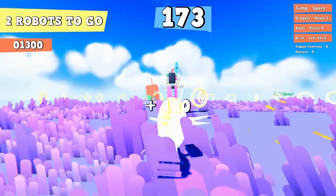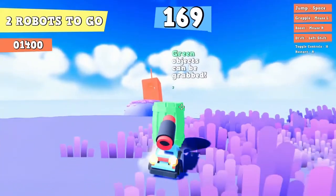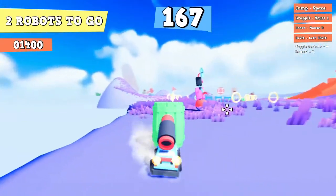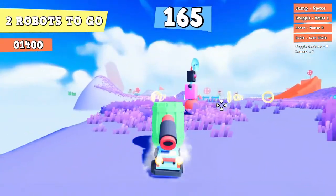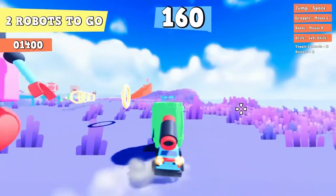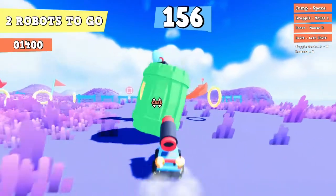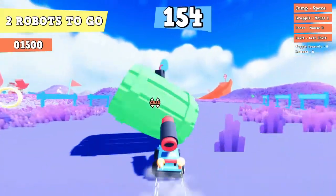Okay, what happens when I... Okay, I can grab rings. Oh, why am I pushing this way? That's not a hole. Okay, so I've got this. Is there an advantage to that? I don't know what the advantage to having this is. Can I throw it? So I can kind of...